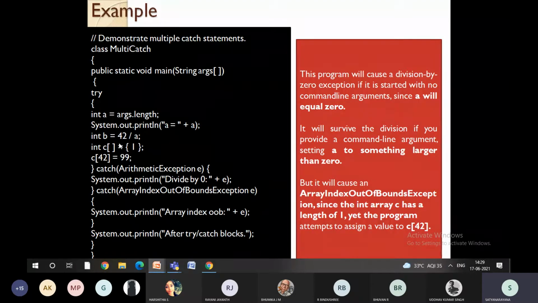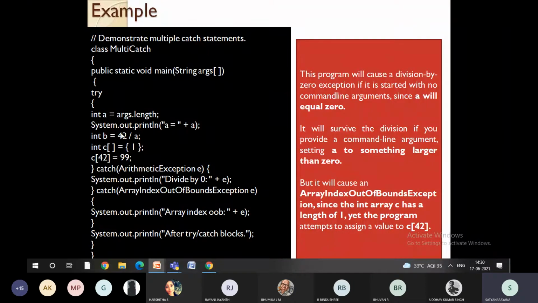Then we are creating one array called c, where we are passing one value, and we are assigning the maximum value as 99. Now, suppose the a value becomes 1, then the arithmetic exception will be caught by name e, where it says it is a divide by 0 exception.